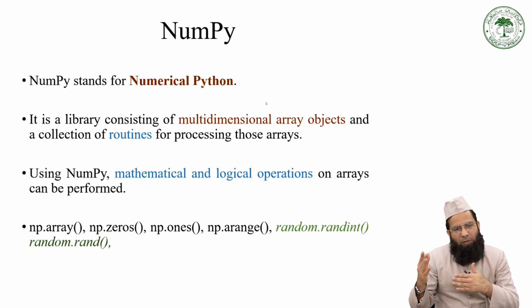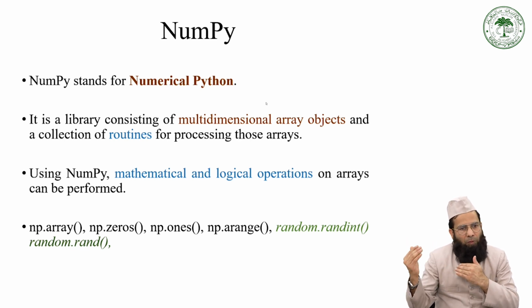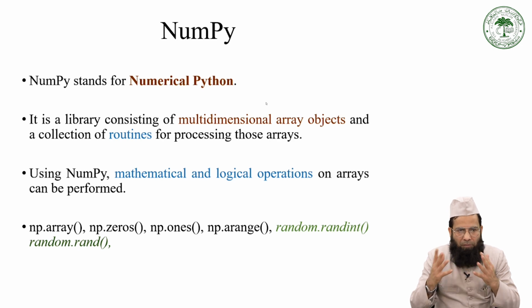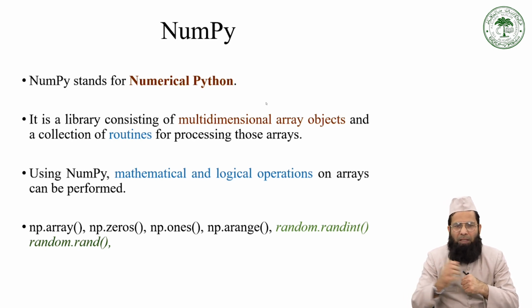Unlike Java, C, C++, where we need to write different loops, right? Suppose I need to calculate matrix multiplication in Java, I need to write two different loops for that purpose, right? And similarly for other languages as well. But in Numpy, using a single statement, I can calculate all these